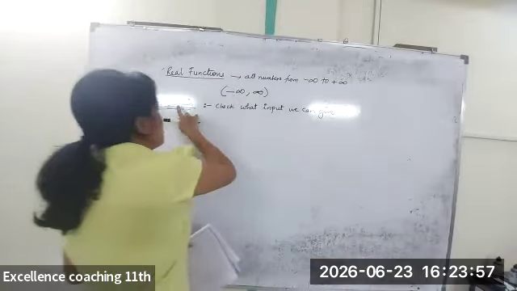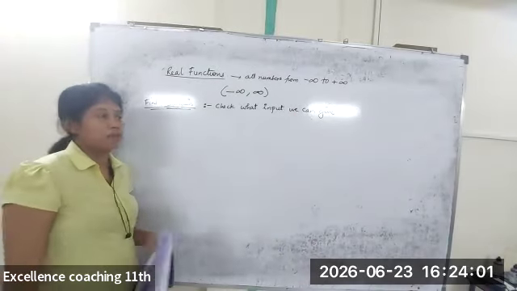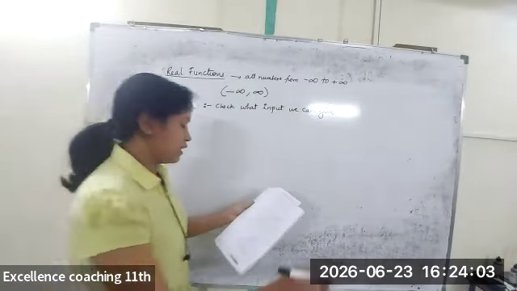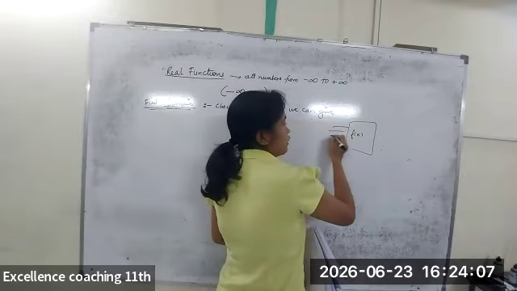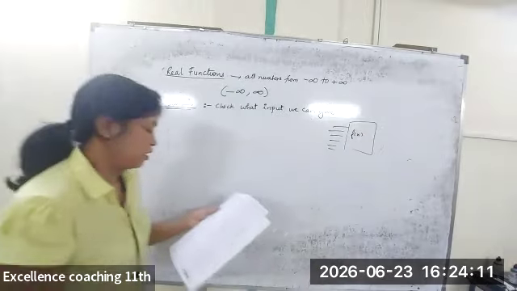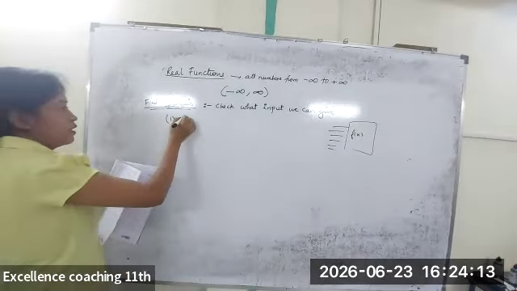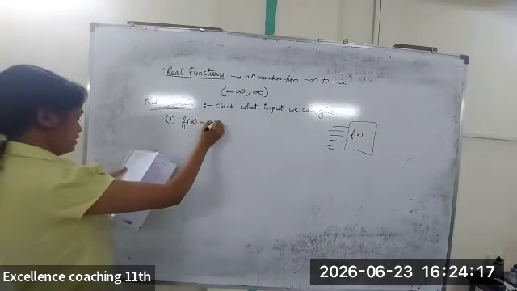Domain means always the input side, and range means always the output side. Now this is like there is a box, okay, and some function is there. Now we have to check which all inputs we can give so that we get the correct output. So first one, f of x is given as,